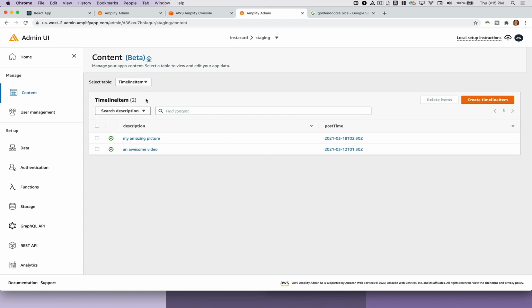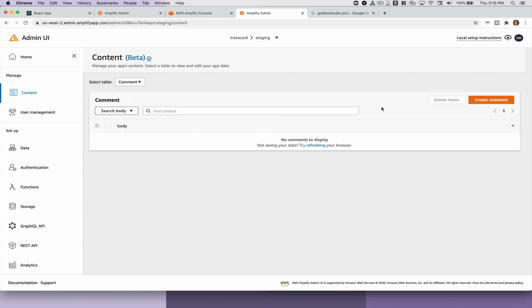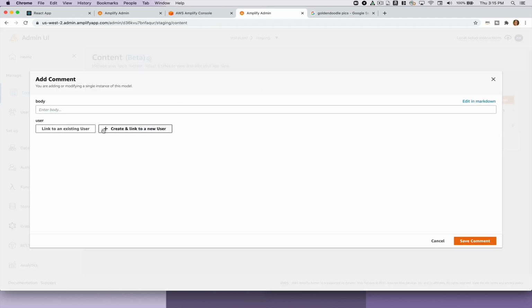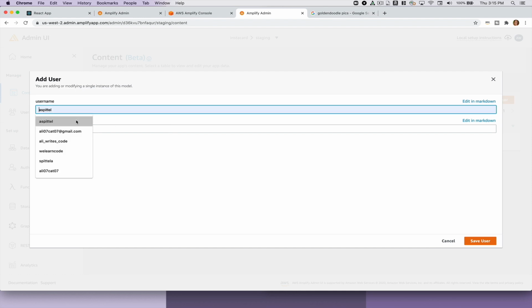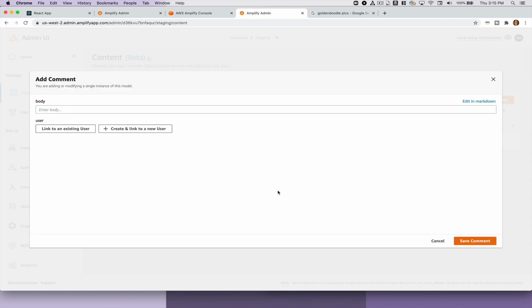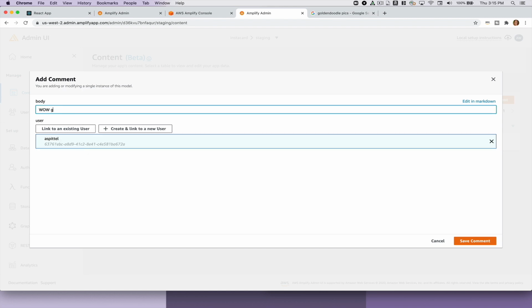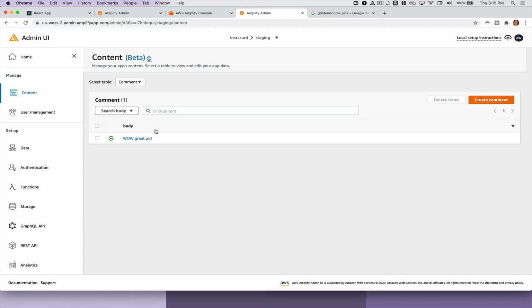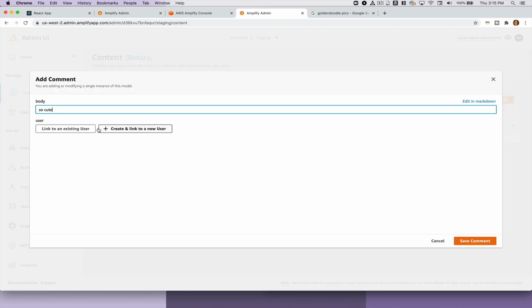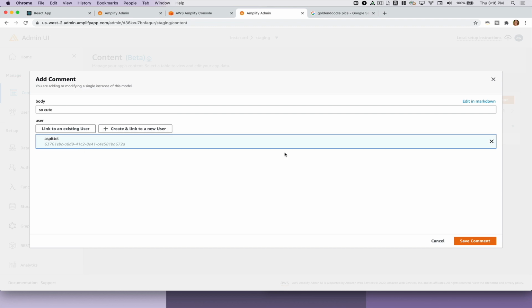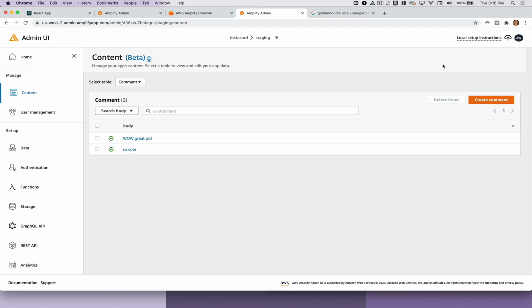Now I can create some comments. And I need to link to an existing user. Oh my goodness, I keep pressing the wrong thing. So link to an existing user, me. So now I've got two comments, and in doing this, I realized that I forgot the relationship between the comment